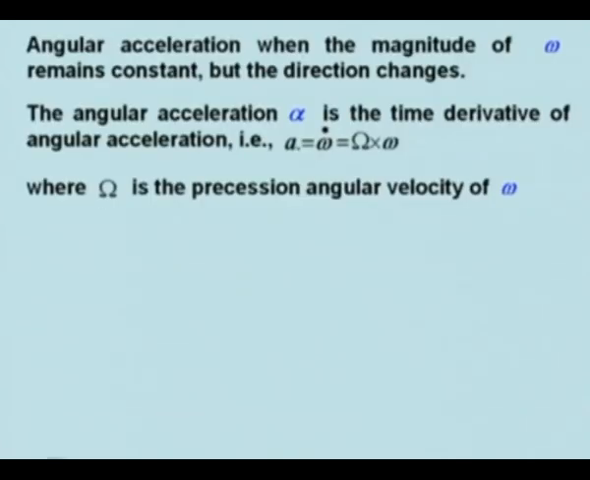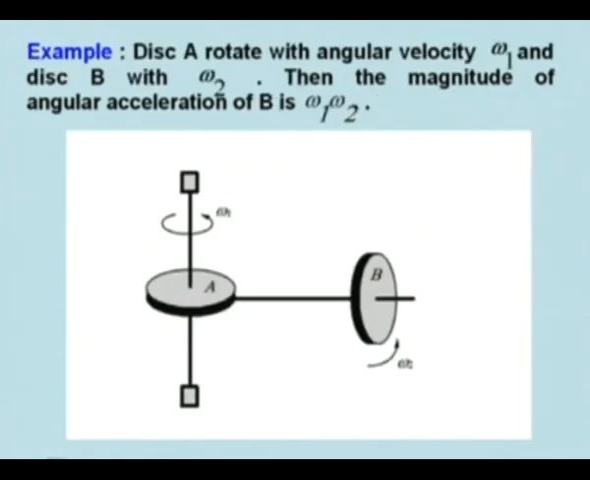So, angular acceleration, when the magnitude of omega remains constant but the direction changes, we can find out the angular acceleration in that case. The angular acceleration alpha is the time derivative of angular velocity, that is alpha is equal to omega dot. That is, we can write this big omega cross this omega small, where this big omega is the precession angular velocity of omega. So, that is the expression for angular acceleration if the axis is also precessing,